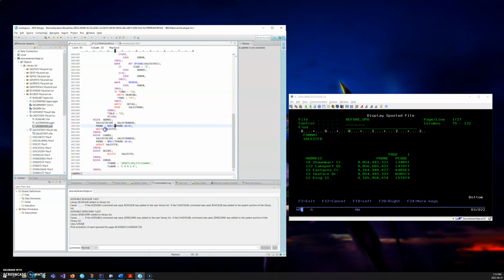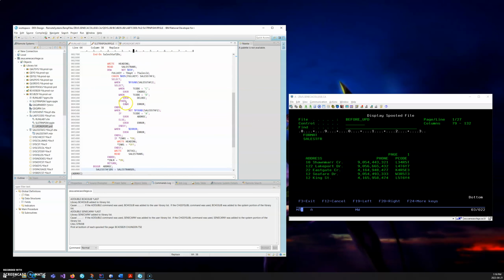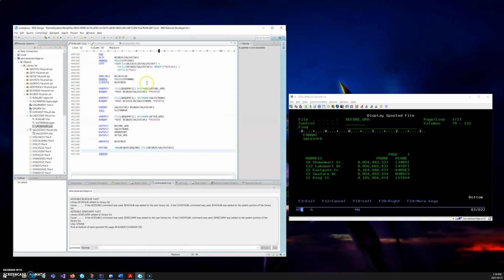So we write to sales TFR. And for change record, it's also the same. But instead of write, we use update, because we have write, update, and delete here, right? So this is the full code basically, and there are multiple tricks here. Actually, it's not an easy lab itself. But anyway,